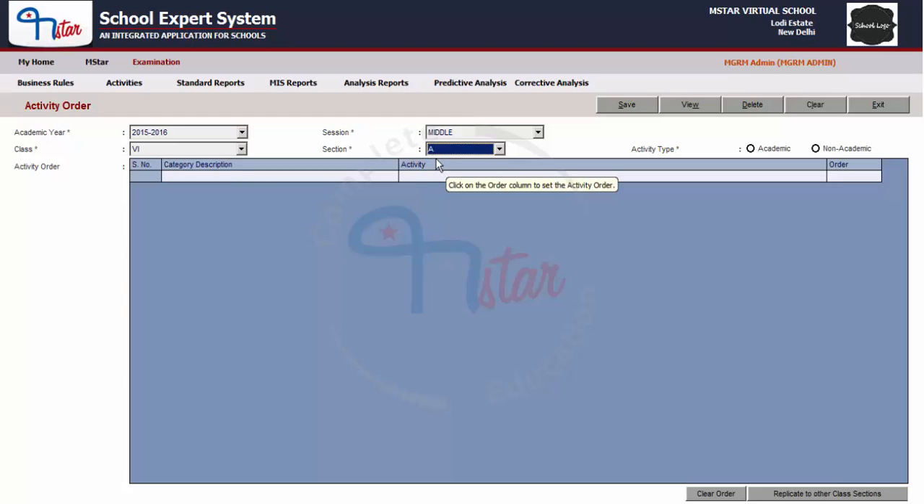After you have selected the section, in the next field, activity type, you have to select academic or non-academic, which means whether you want to set the order for academic subjects or whether you want to set the order for non-academic subjects. If you click on the academic,